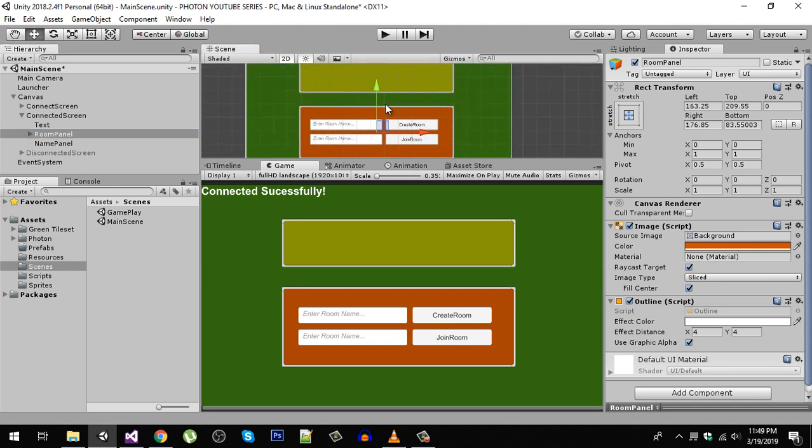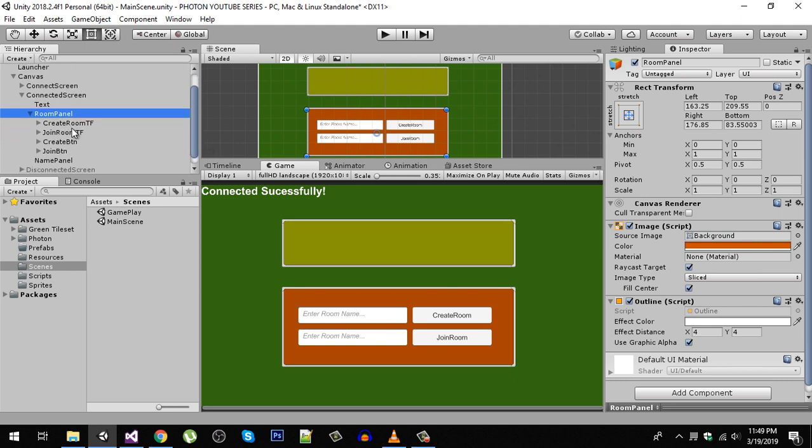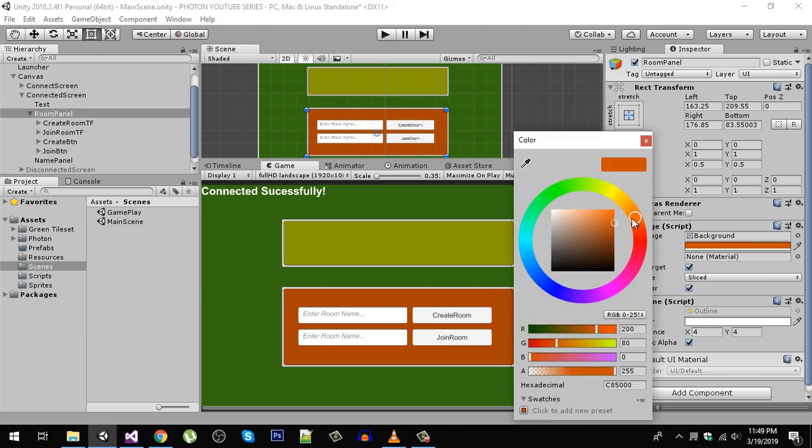Now on that panel, simply by clicking on the rect tool, resize it right here and put both of the input fields and buttons inside the room panel. First resize it and then drag these fields and button into the room panel, and I changed the color to